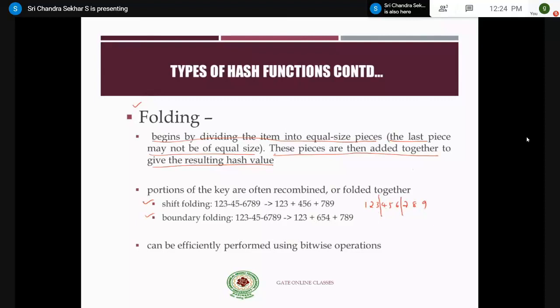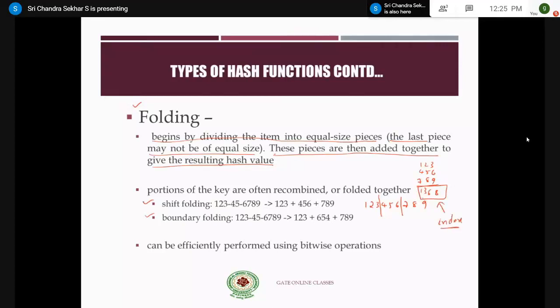You add these: 123 plus 456 plus 789. It's nothing but 1368. 1368 will be your index. That is nothing but the hash value.